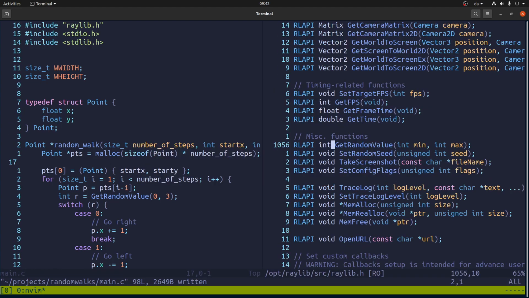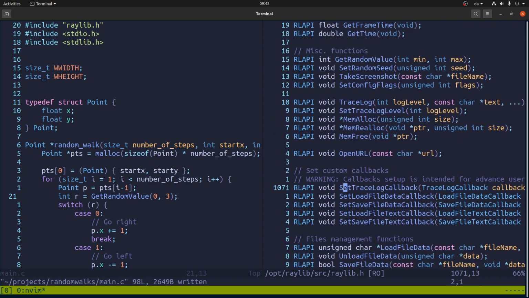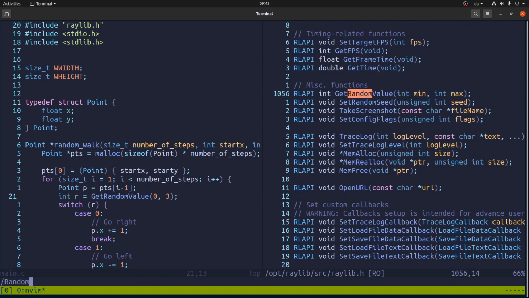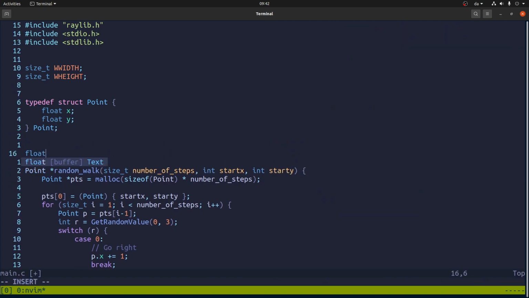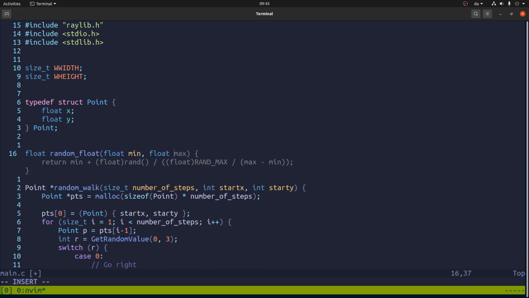And now let's have a look in Raylib again. So we were using this get random value, which returns an integer, but maybe there's a way to return a float. So let's try to search for random. That doesn't really exist. Okay, so let's make our own random float, and let's say min and max. And we can do something like this, which is using the built-in random function in the C standard library,